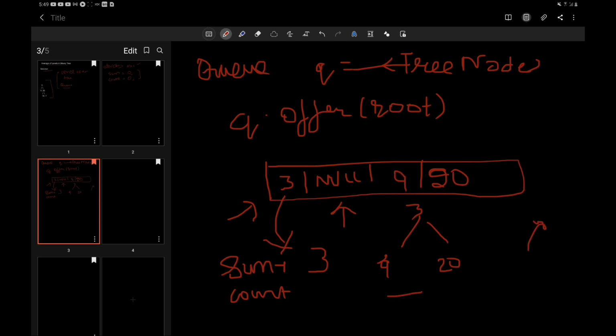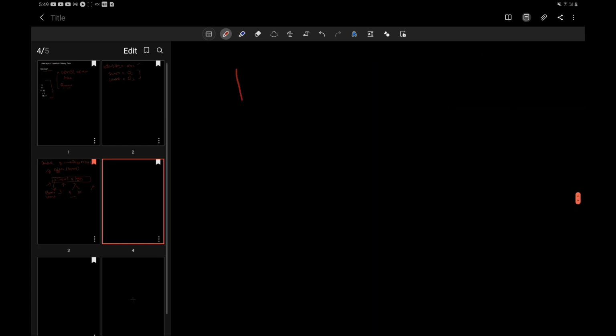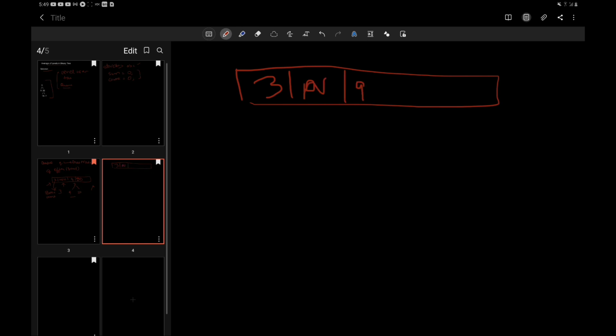So suppose at any point we have our queue filled with the numbers 3, null, 9, 20, then again null, and 15, and let's say 7. Now we also have the respective counts at the level.